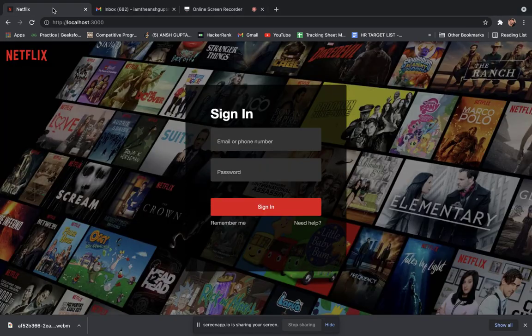Today, I am going to demonstrate a project that I've done on phishing. What actually is phishing is that we get a similar page like here, and we think that this is a Netflix login page, but actually, this is my own hosted page on an IP address that is not netflix.com.